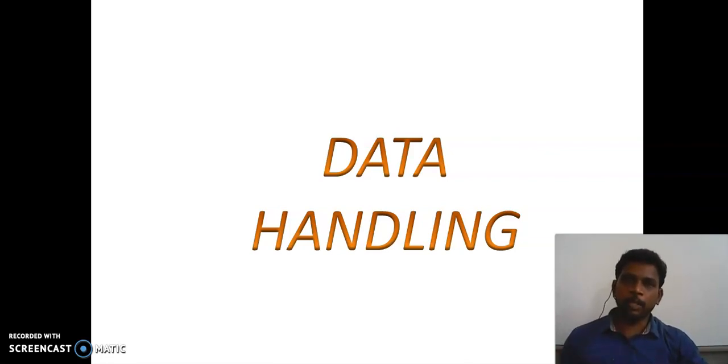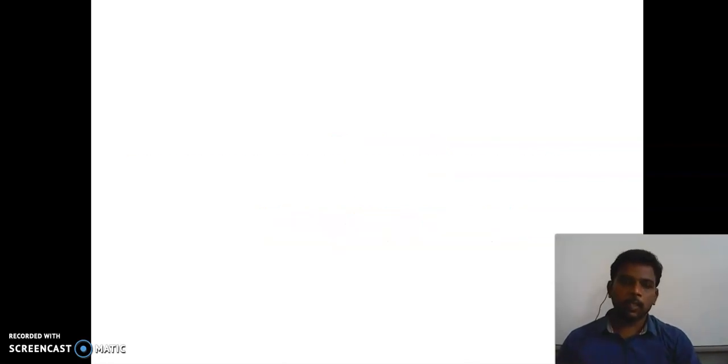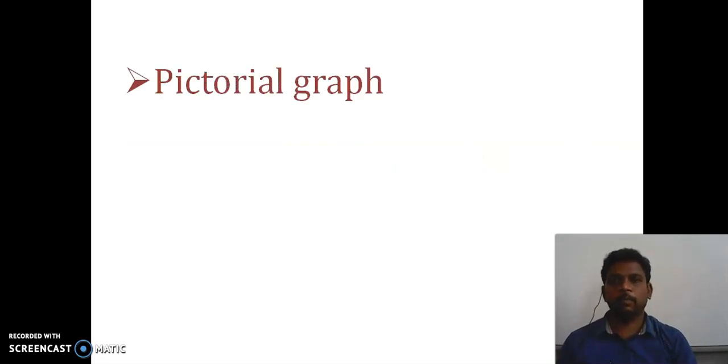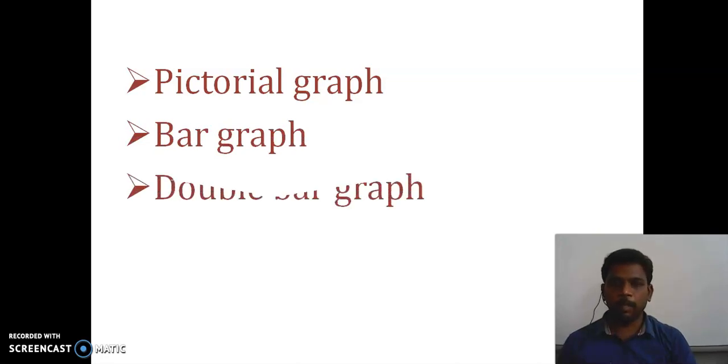In 8th standard also, you are going to learn some types of data and how you can represent the data in the graphical method. And in statistics also somewhat is there, right? Look at here. So how to represent the data in the graph? That is representation of data in the graphical method. In graphical method, you have already seen how to represent the data. That is the pictorial graph, and then bar graph, double bar graph. So everything you have seen in your early classes.